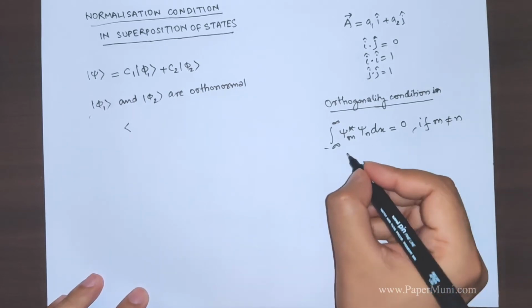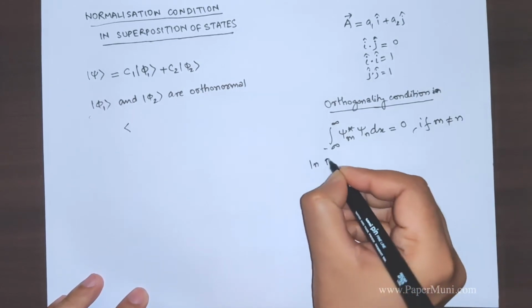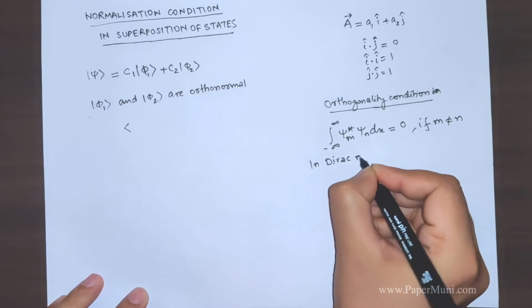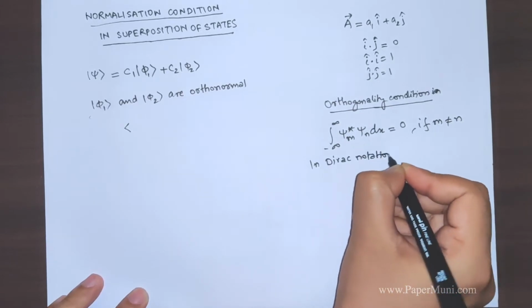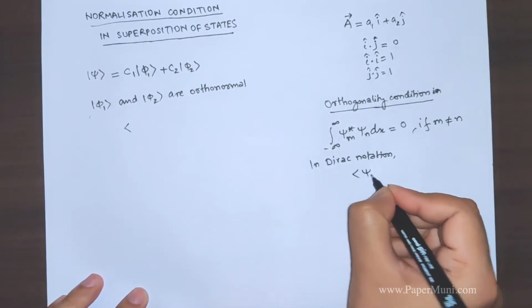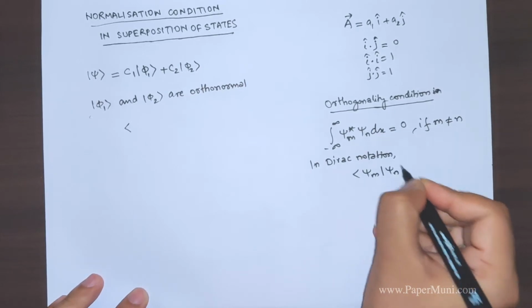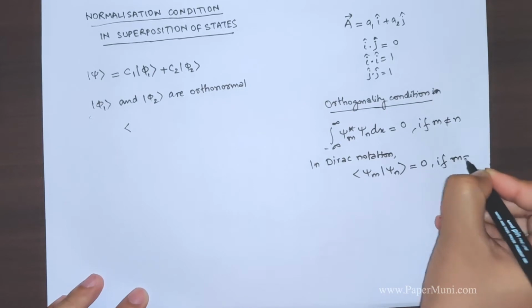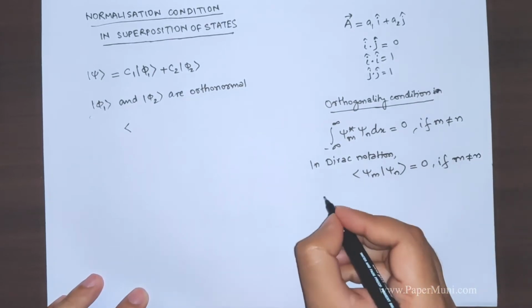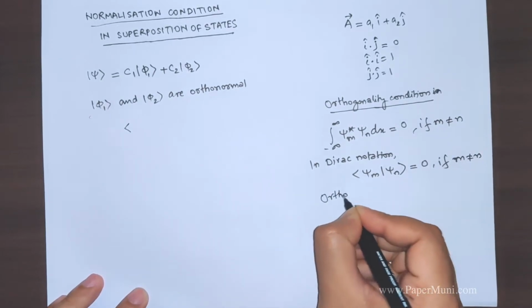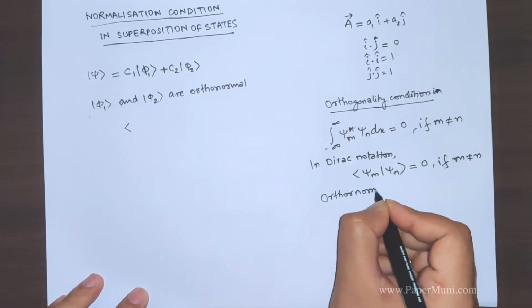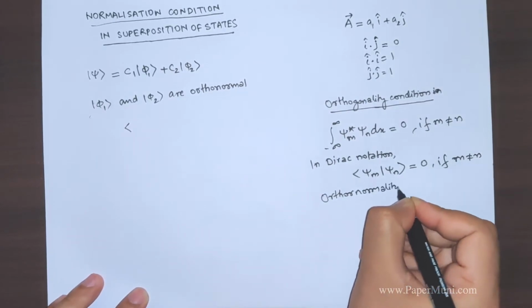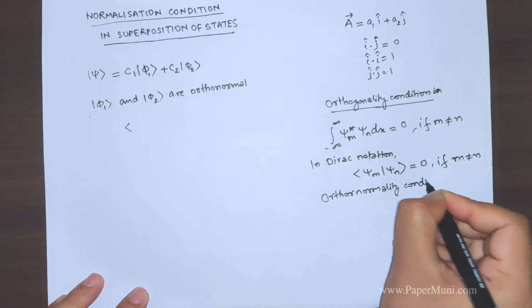In Dirac notation, the same thing can be written like this: the inner product of psi m and psi n is 0 if m is not equal to n. Now similarly, the orthonormality condition, which we had discussed in the previous lecture,